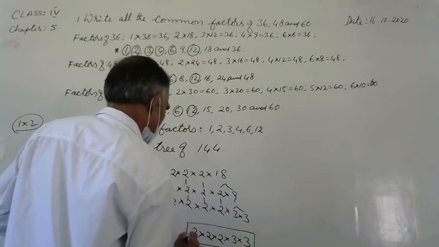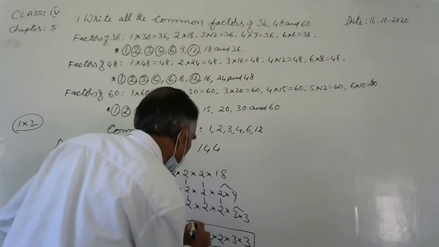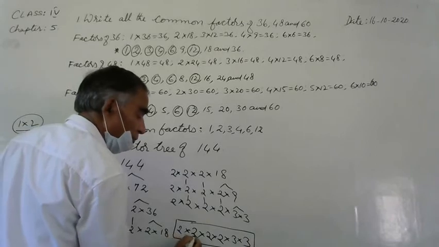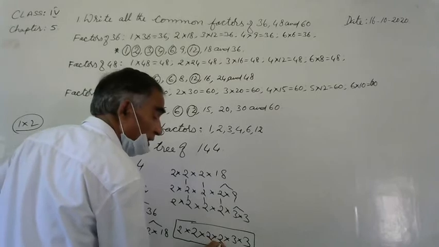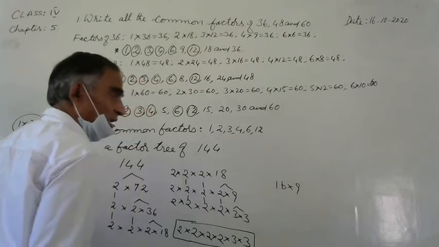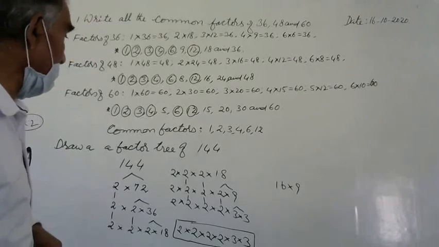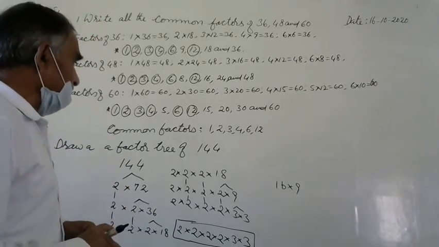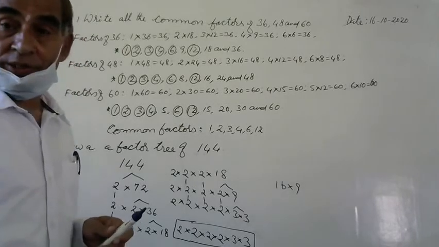Yes. Now, here you see. When you multiply all these factors, you have to get 144 again. You see that 2 into 2, 2 2s are 4, 4 2s are 8, 8 2s are 16, 3 into 3, 3 3s are 9, 16 nines are 144. In this way, you can draw the factor tree. Okay? Then you take different composite numbers and write their factor trees.